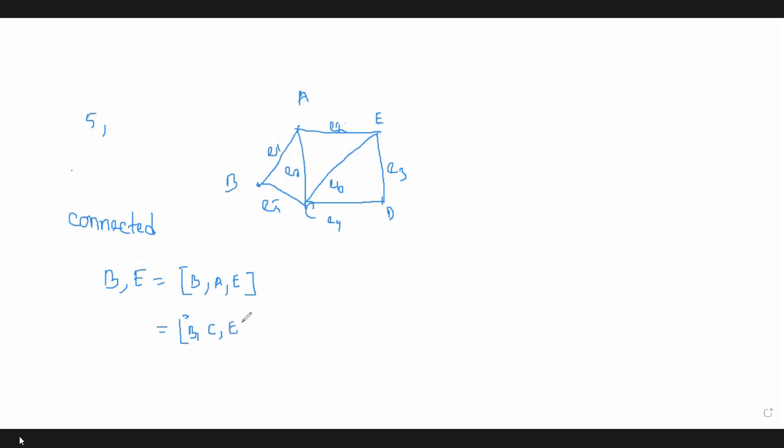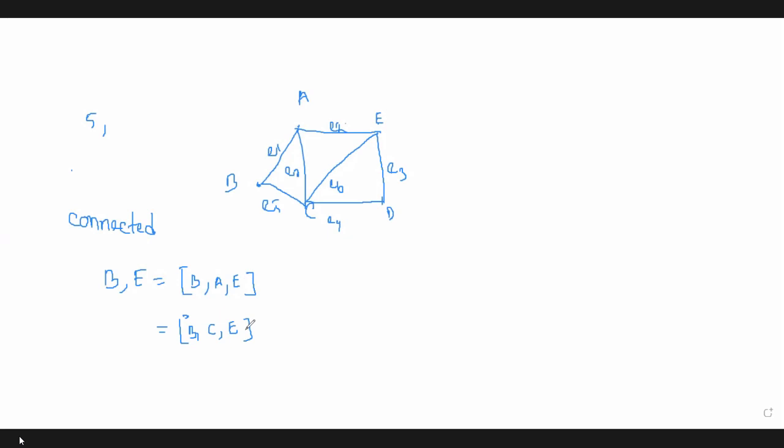You can take any two nodes. You can take any other node. Suppose B, C, D, E, another path sequence. Okay, we are just taking the paths of length 2. Here the length is 2. So here in this path sequence where the path length is 2, look at the nodes. The first node is B and then A and E. And in the second way, there are 3 nodes B, C, E.